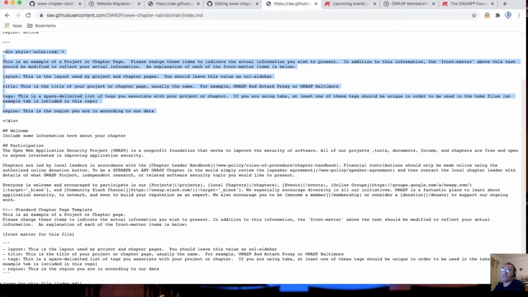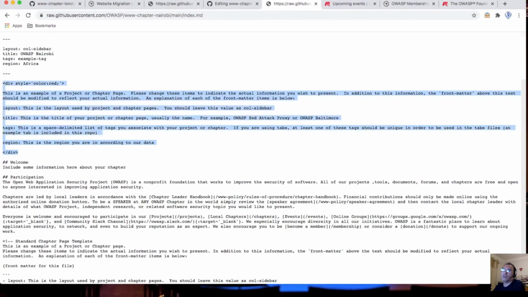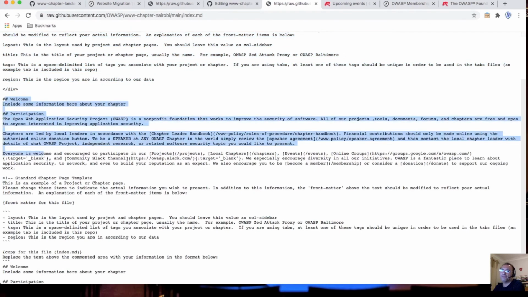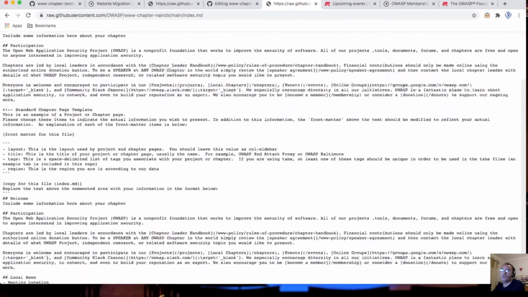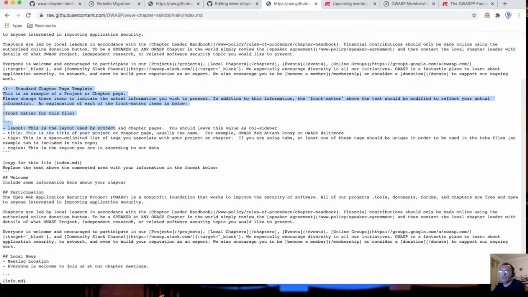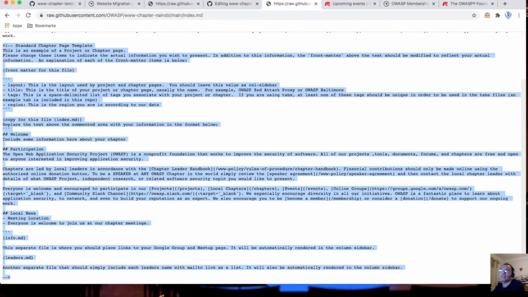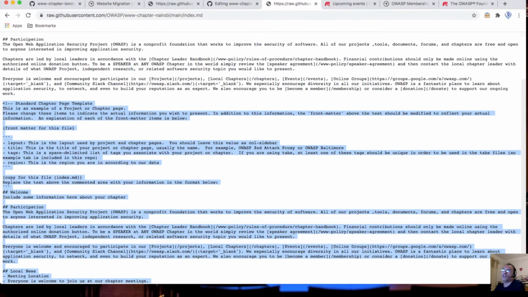Okay, and you can see this is the bit in HTML, and this is the bit in Markdown. Okay, and you can see that this is just an example text, but here you will see some commented out bit. So you must remove this commented out text and actually replace it with your chapter page content.